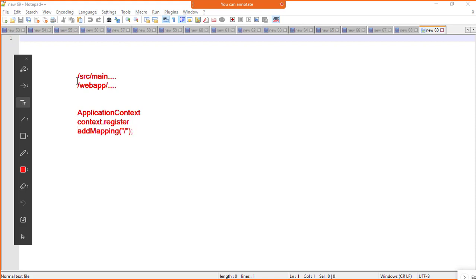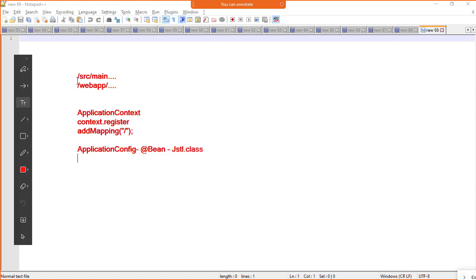We created one application config class wherein we said that there will be a bean for the internal resource view resolver, which will add a prefix and suffix, and mention who will render the class, JSTL. And ultimately we return the bean.